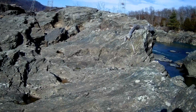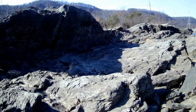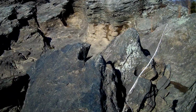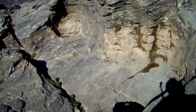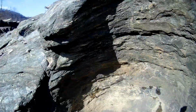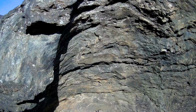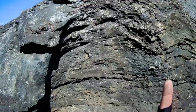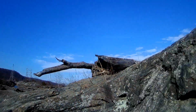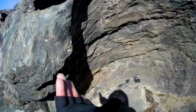Let's go see if we can get a closer look at these potholes. And here's a big, almost like a little amphitheater right here. Here's some on the other side of this rock. Alright, so here's one right here. You can see the curvature. So the water and sand and cobbles would have been swirling around at high velocity for, you know, long periods of time, carving this out. When the glaciers were melting, we probably would be 100 feet, 150, maybe 200 feet underwater at this point. That's how much water was coming down the Susquehanna River. It would come over this thing and then whip up in here and just...